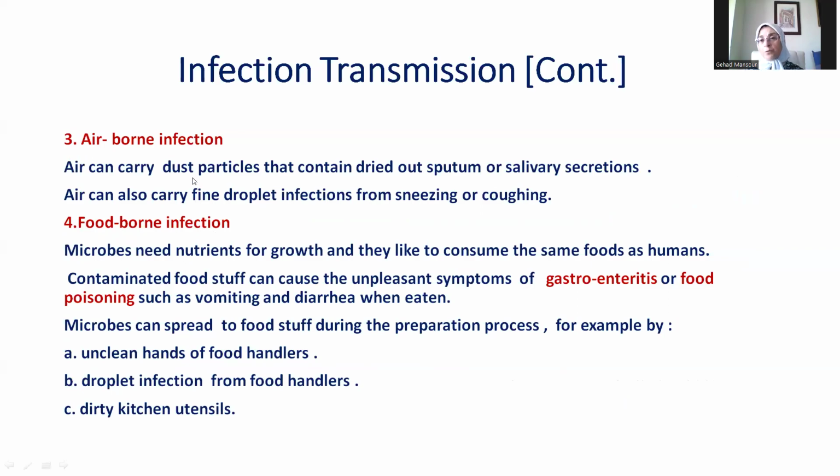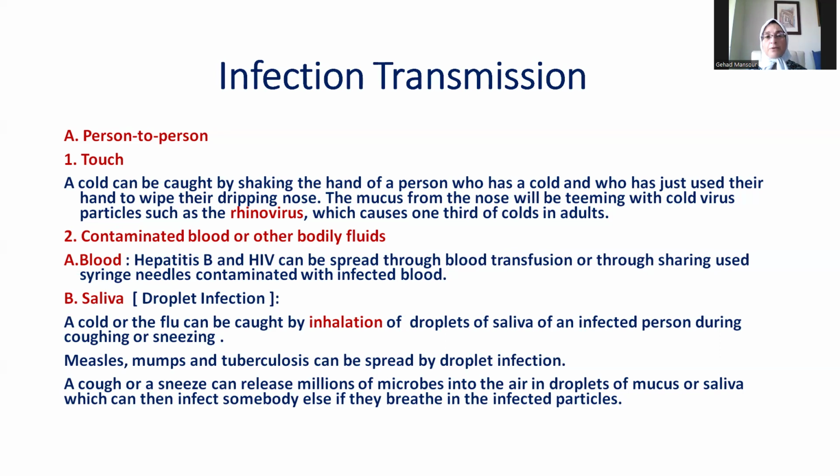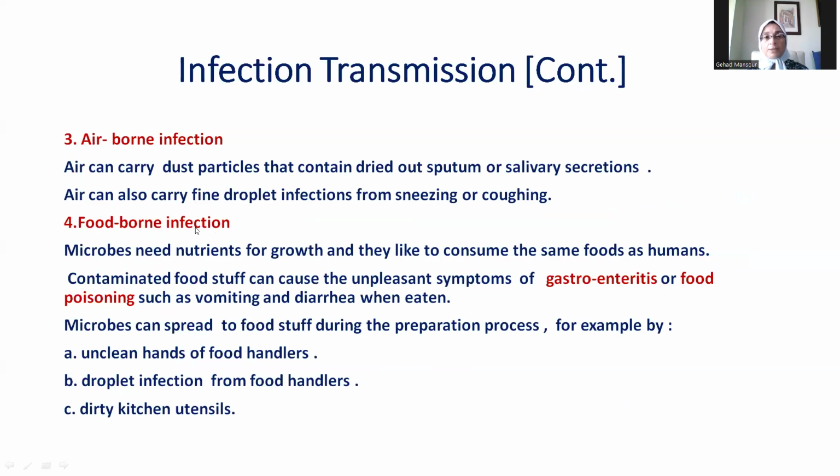You also have airborne infection. As I said before in the previous classes, there is great ambiguity in this classification because there is great overlap. If I say, for example, contaminated blood or body fluids, they will include droplet infection, but droplet infection is airborne infection and is dust-borne infection. So airborne infection is when droplets are transmitted via air, and dust-borne infection is when droplets of saliva, sputum, and nasal discharge fall onto dust, dry out, and then are carried again by air.